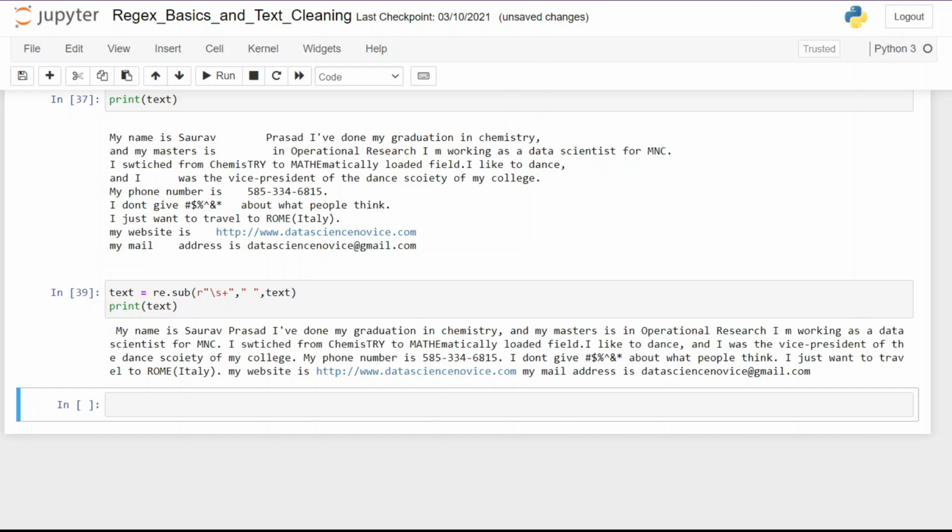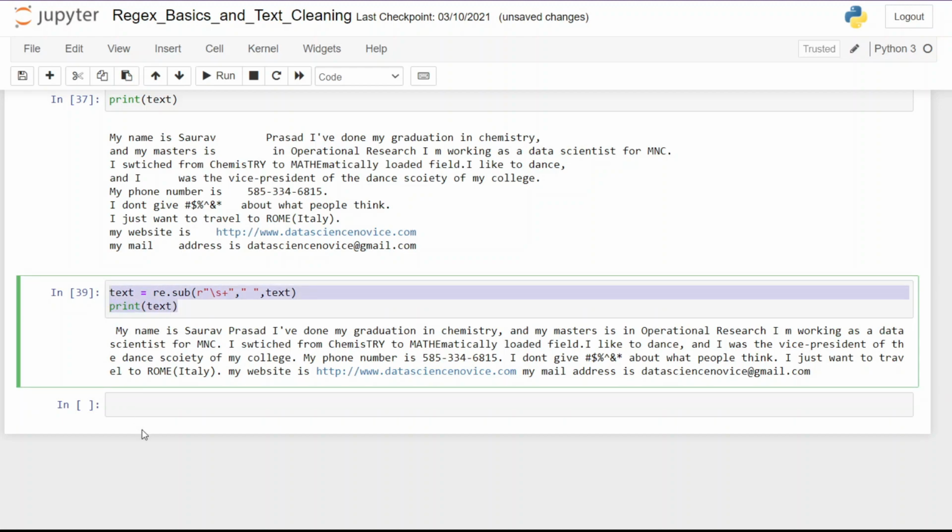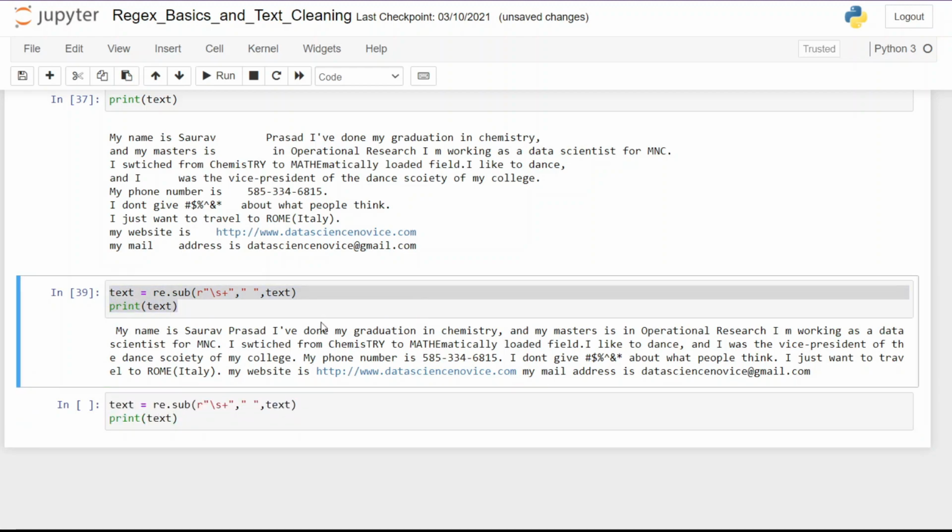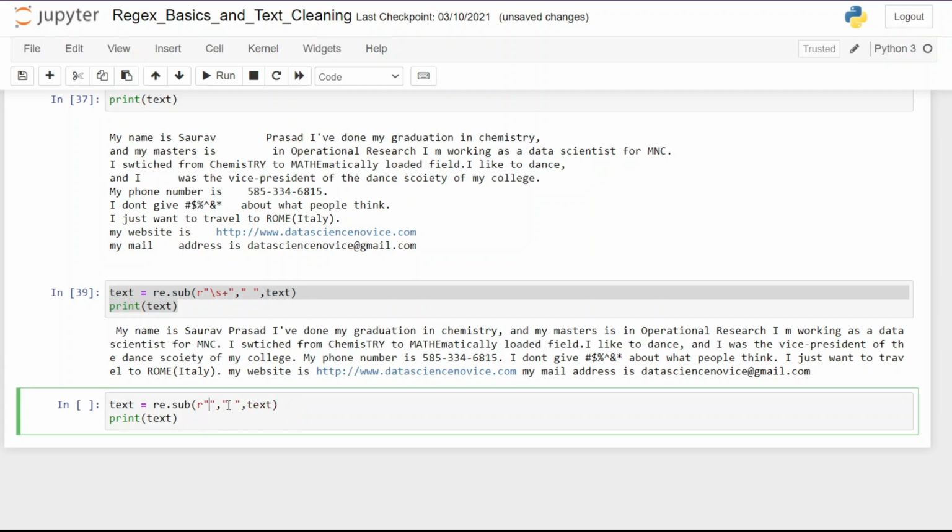Next, we are going to deal with the URLs because they are not useful, and this is something we are going to explore more in the upcoming tutorials. So I'm going to use the same function for replacing the URLs. So let's copy paste the code. And we are going to make few changes. So first change we have to make is the pattern. So we know that the URL starts with HTTP. So we can use that, and after that we can use another identifier, that is slash capital S plus. So this is going to look for HTTP and the character after this till it finds any spaces.